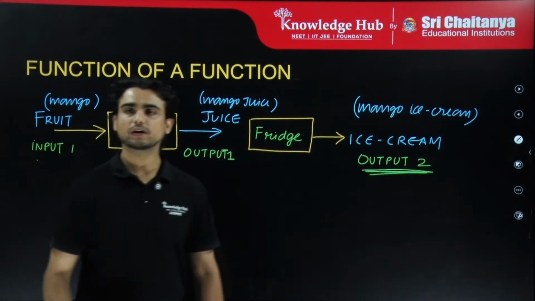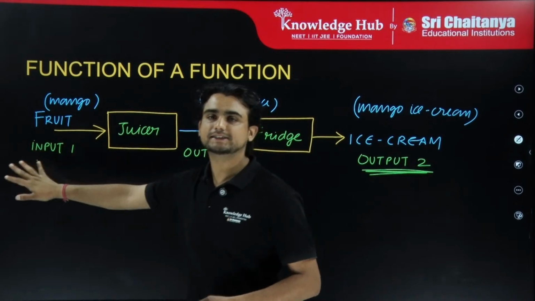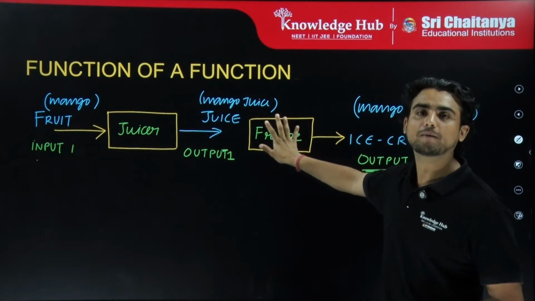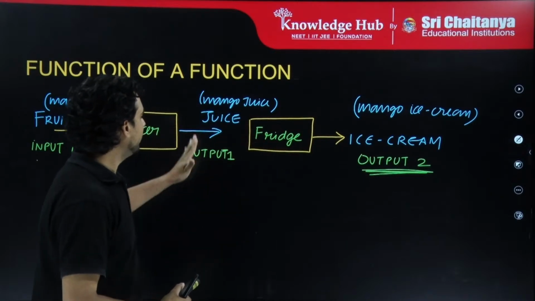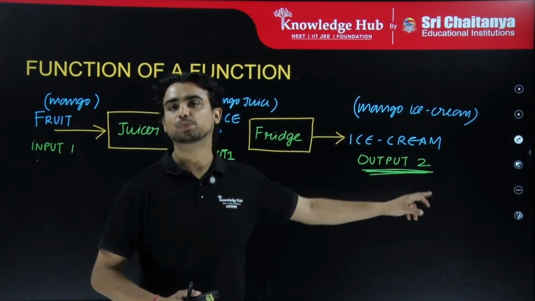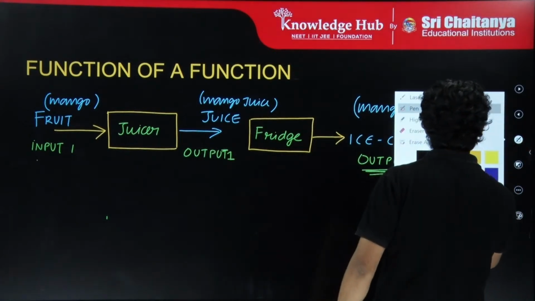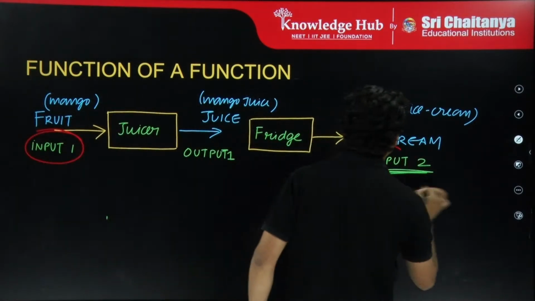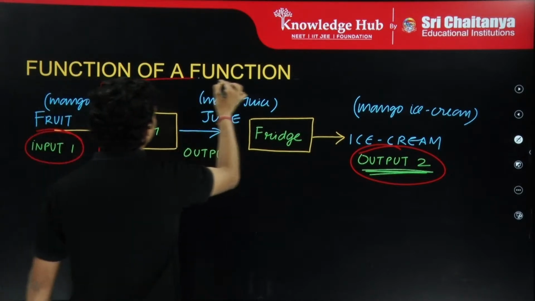Right? So what I am doing, I am putting the input here. I'll get some output. This output will act as an input for my machine 2 or my function 2. And when this machine takes this input, it will give me some output again, and that is my final output. So this machine took one input, and the machine gave me one final output, right? So I can say this is one combined machine.